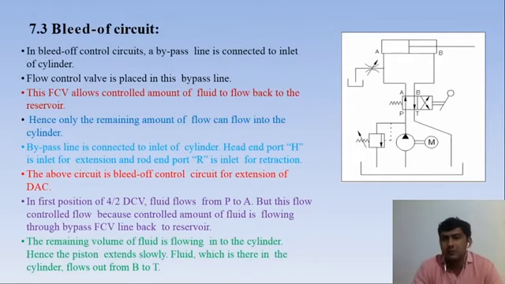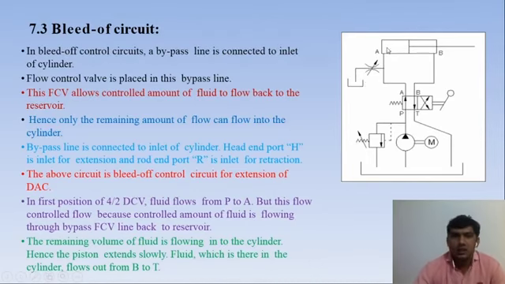The third one is the bleed off circuit. In the bleed off circuit, we control the hydraulic fluid flow by separating some amount of hydraulic fluid. Let's take one example. This is the reservoir, this is the 4 by 2 direction control valve, and this is the double acting cylinder. Whenever we start the hydraulic pump, fluid will be passed from P to A, and A to the cylinder will extend. During this position, we can control the fluid. Some amount of fluid will be bypassed. So it's called the bleed off circuit.